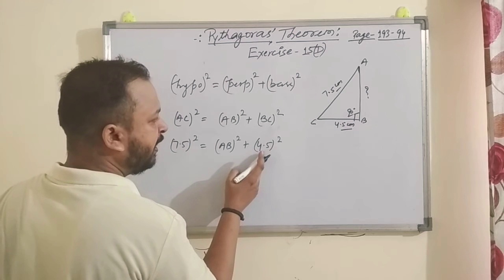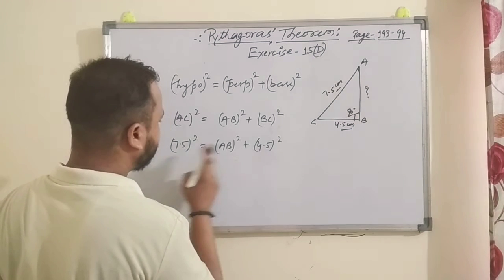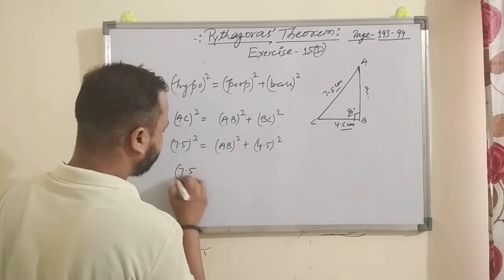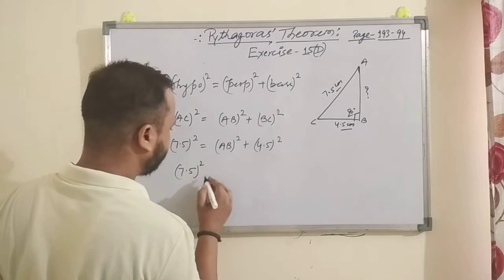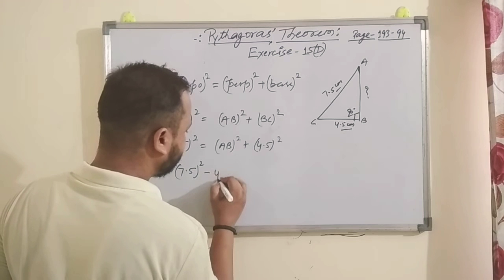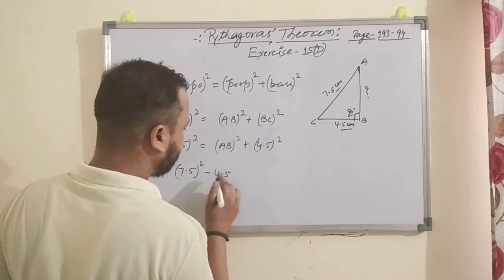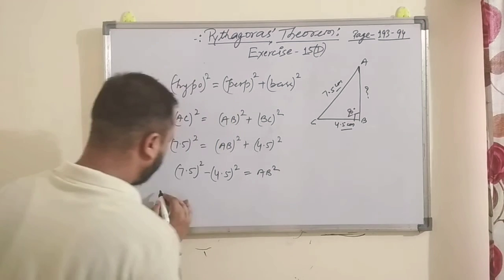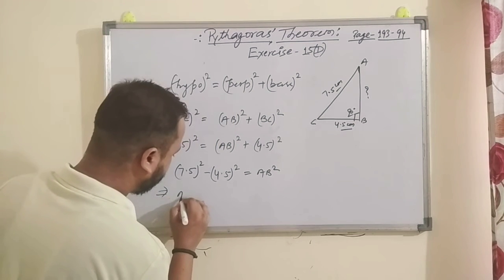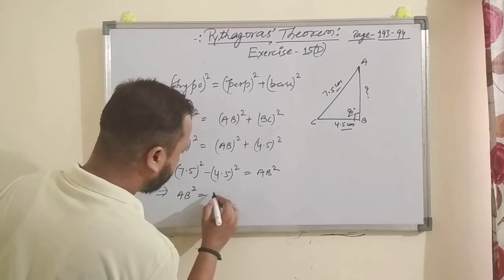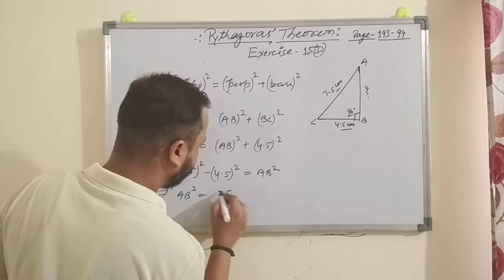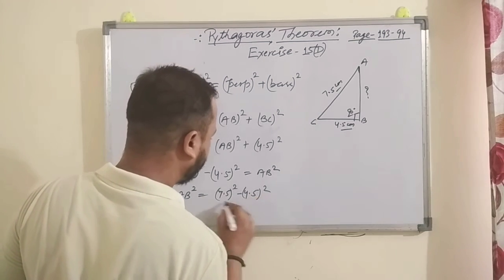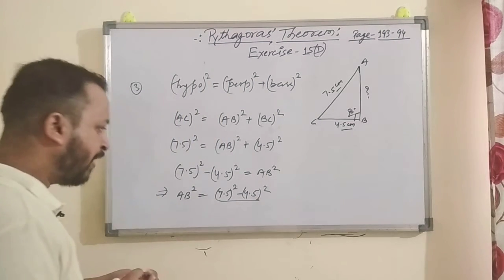So if you shift this from the right hand side to the left hand side, what you will get, 7.5 square, here it is with positive sign, so it becomes, this sign changes to negative, right? So AB square, or this implies that you can write it as AB square is equal to 7.5 square minus 4.5 square, right? So now we are going to apply